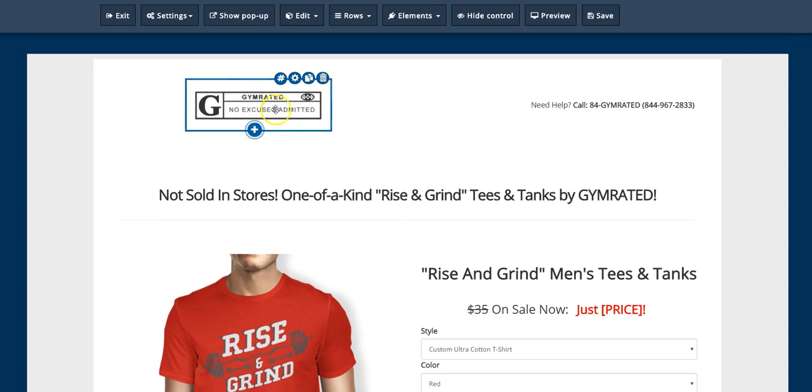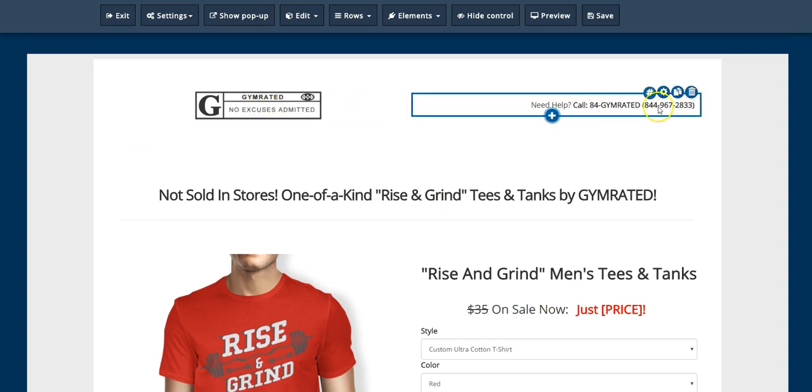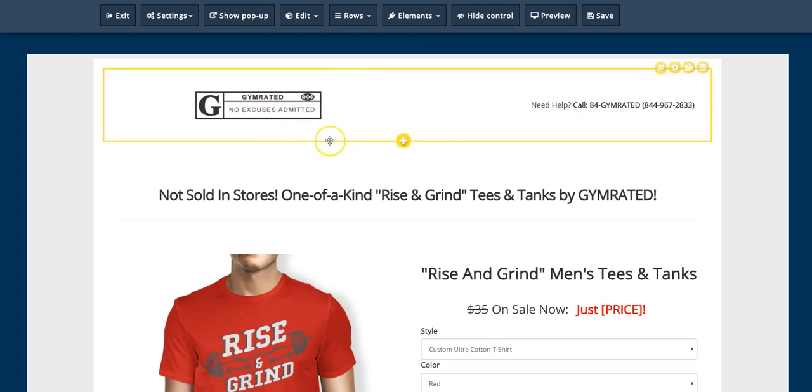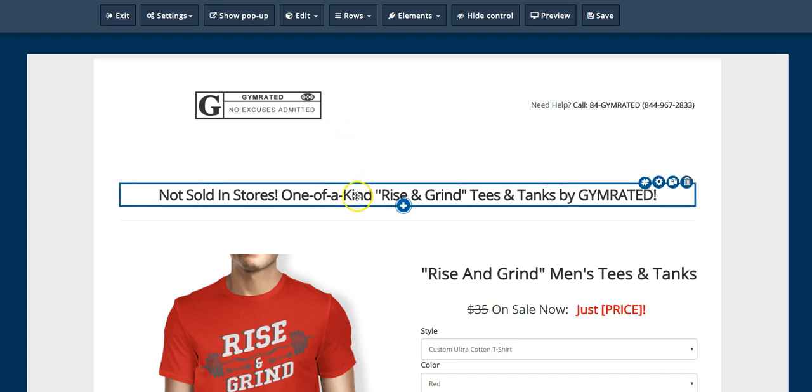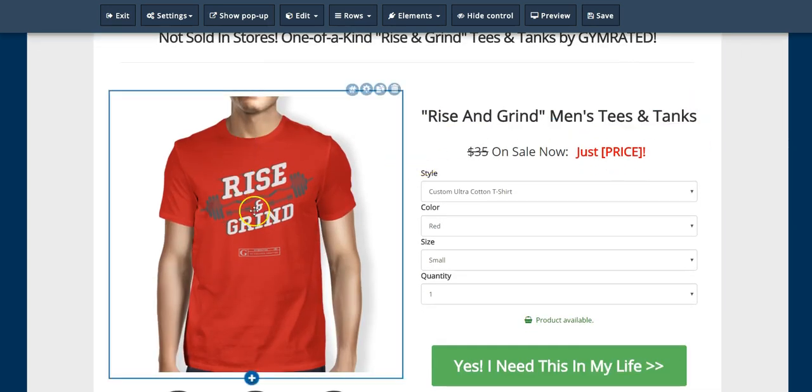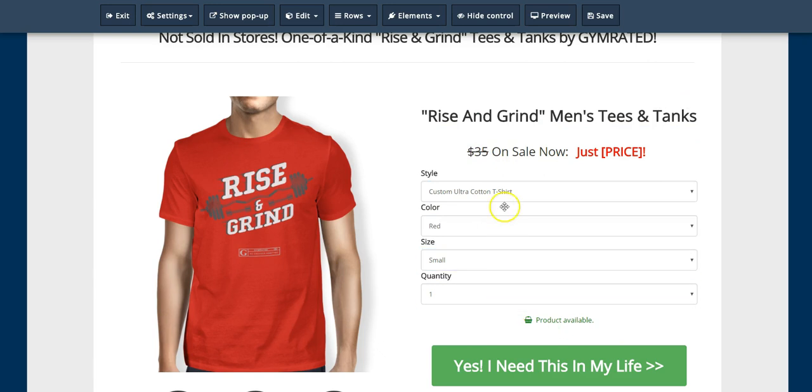You can add your logo. You can add all kinds of information. You can put in your phone number, menu bar, and all that. You can have navigation here. You can have your logo here. If I click on here, I can just come here, add my own demo logo. Look, I can add my logo. I can add all kinds of elements. You can see the headline. You can pick your picture, your store variant, the featured image. You can add variants and all that.